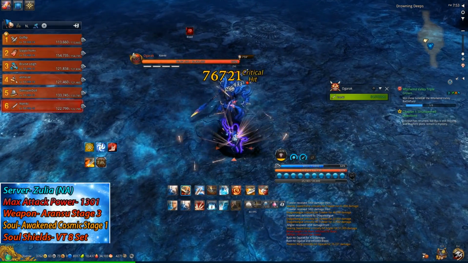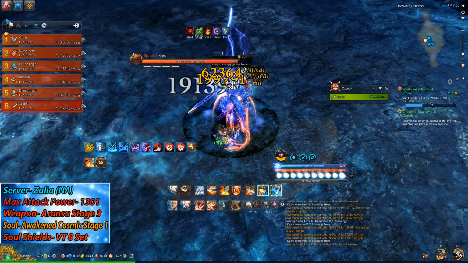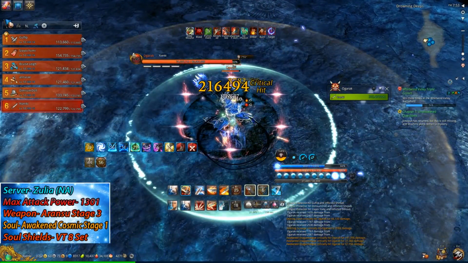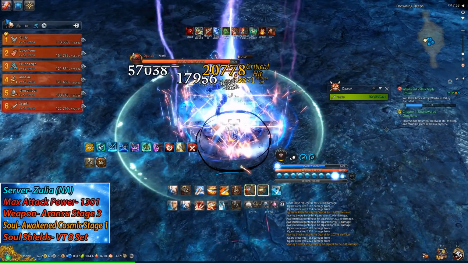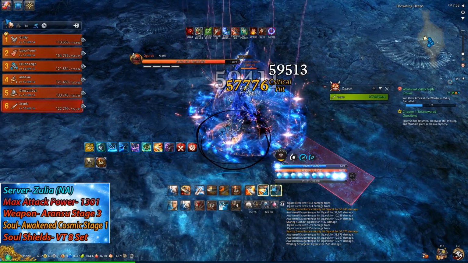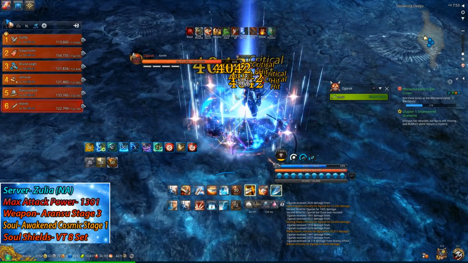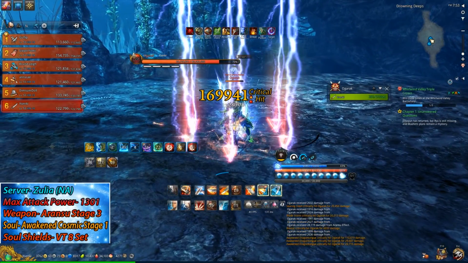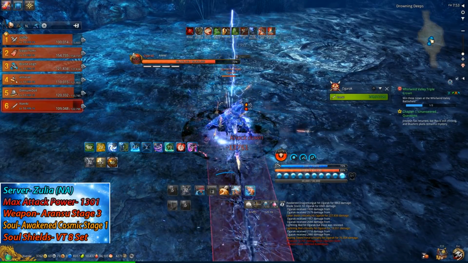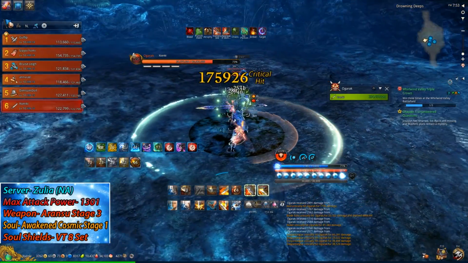The simple mechanic version of this boss is: when the boss jumps to a circle, you follow him and then you DPS. If the boss opens his CC bar at any time, you stun the boss, and that's it. There's no other mechanic. The boss has a non-existent enrage timer, because if you go into this dungeon